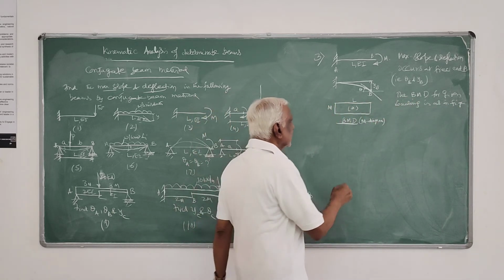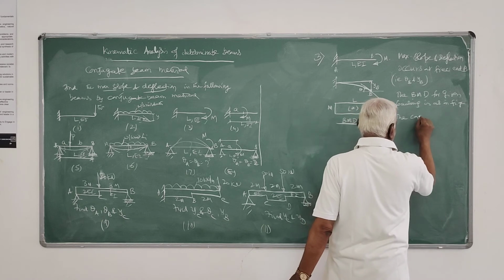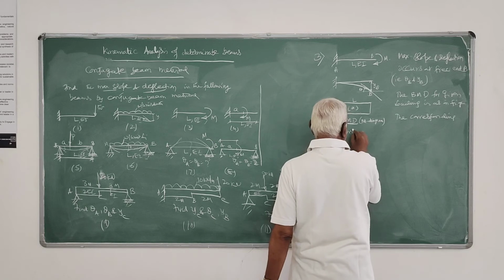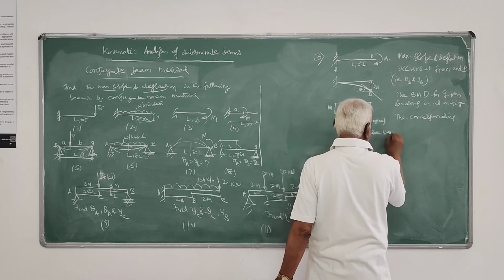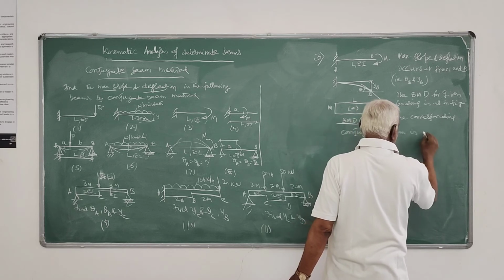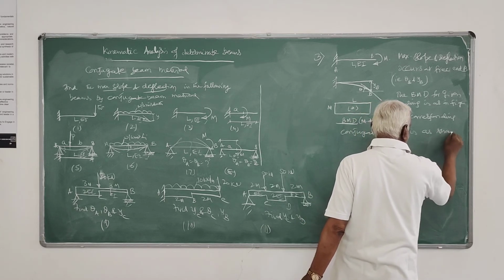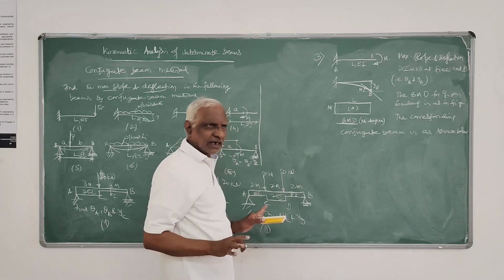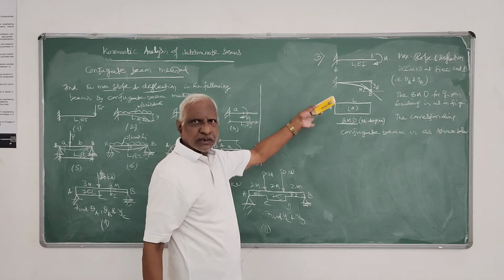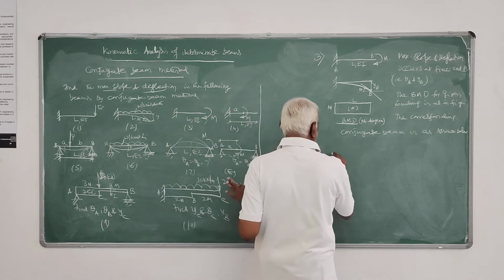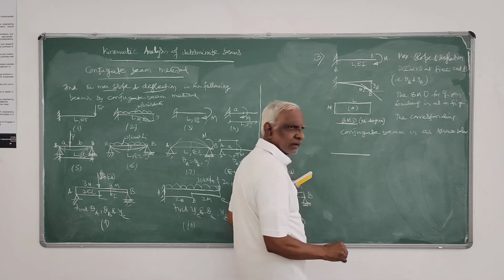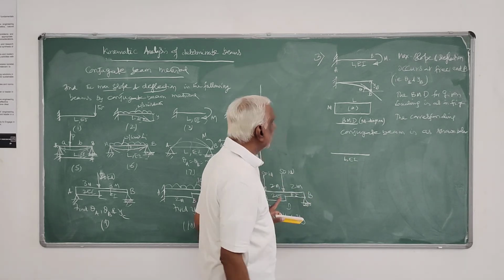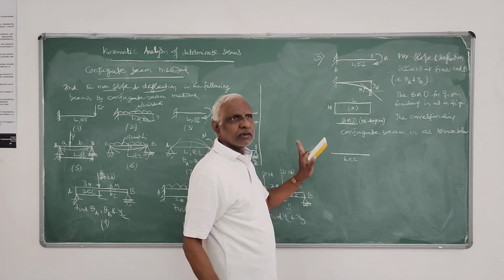This much. Then the corresponding conjugate beam is as shown below. Now you write the conjugate beam for this. By definition, I told, conjugate beam is similar to the real beam in geometry. That means the conjugate beam span should be the same, and EI also should be the same, cross-sectional area. And boundary conditions and loading will be different.